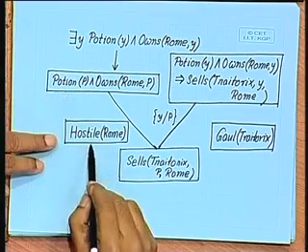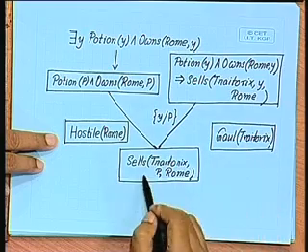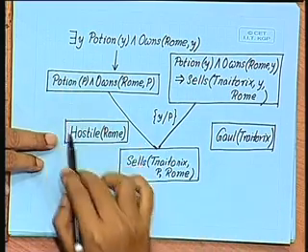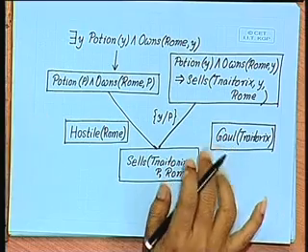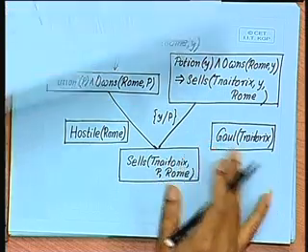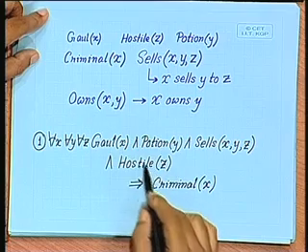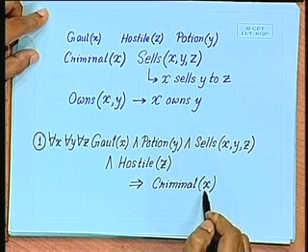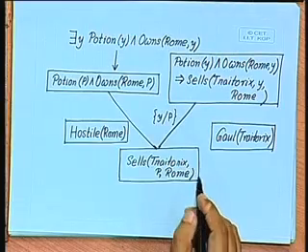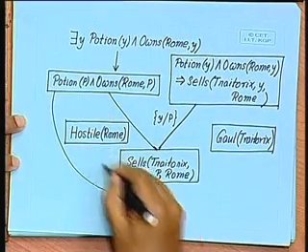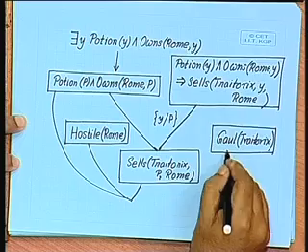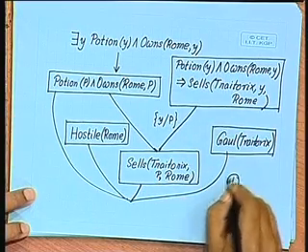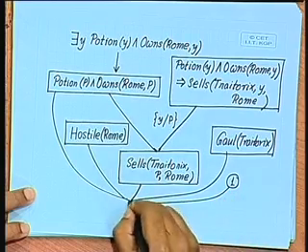We have portion P, we have hostile Rome, we have Gaul traitorix and we have cells traitorix P Rome. So, these 4 facts have already been deduced and are there in the knowledge base. They unify with the left hand side of this rule, and it gives us the right hand side again with the same substitution, which means that it gives us criminal traitorix. So, out of these 4 and that rule and the rule 1 that we had, will give us